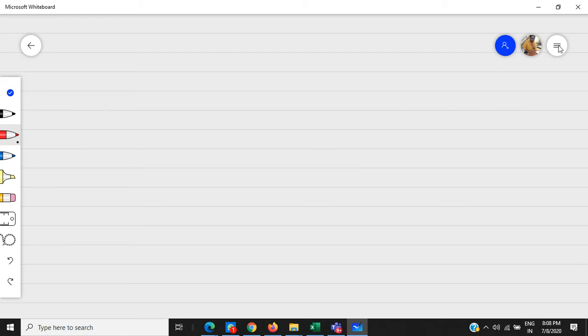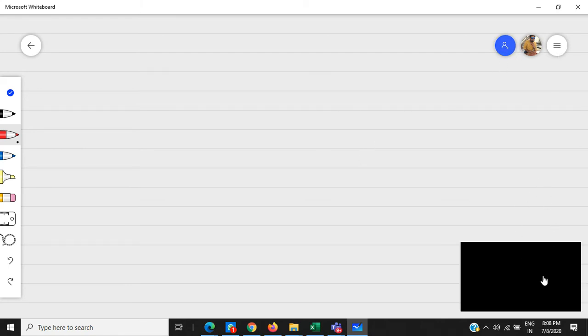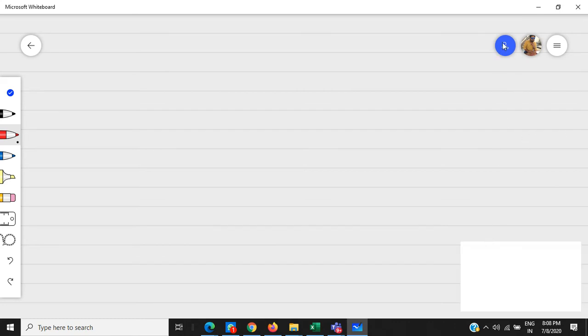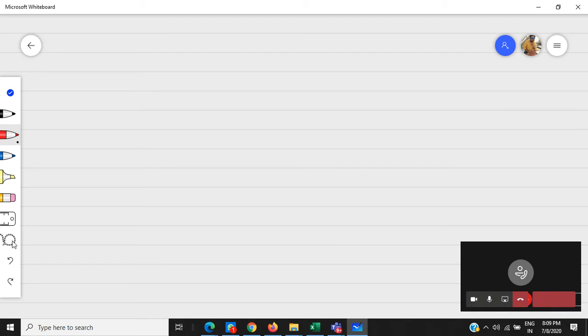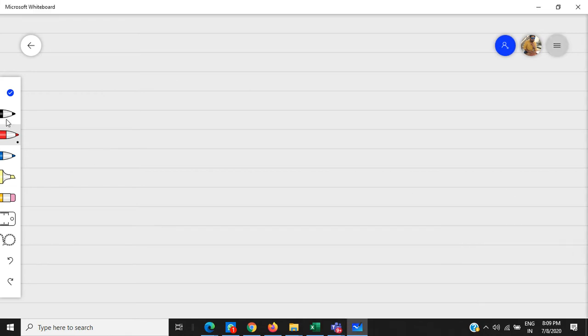If you want to give write permission to the student, you can give it. If you don't want to, there is no need. There are some features added in the Windows app version. Here you can write.